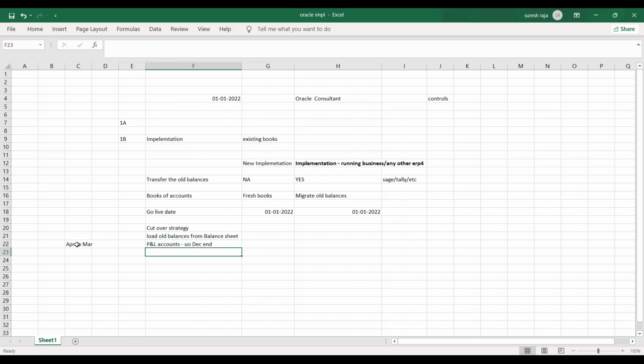If at all we are in April to March, we have to bring it. Suppose you are implementing for the USA, their calendar year is January to December. At that time, P&L account migration is not needed because the accounting year is over.